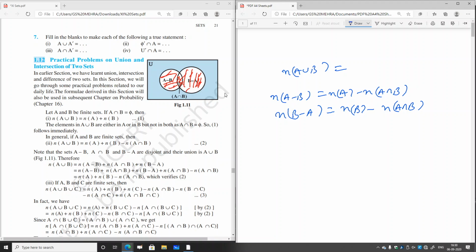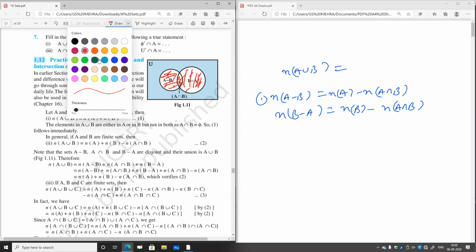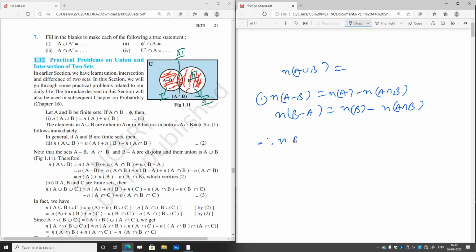And in this one, this is our first part, part 1. Then this is our second part, and this one is our third part. If you add all these three parts, what we'll get is the number of elements in the set A union B. Therefore, from the Venn diagram, we can get